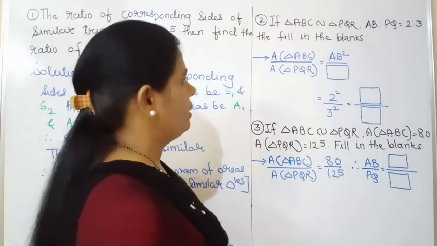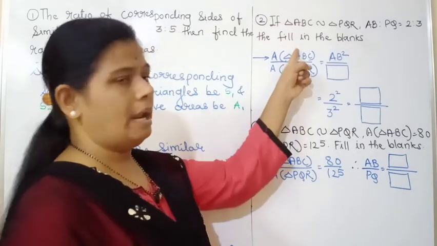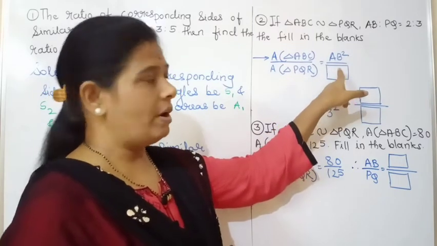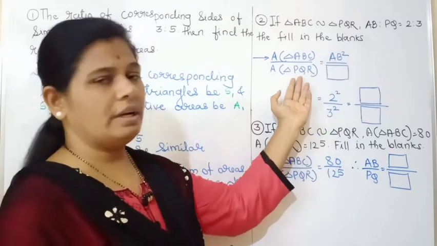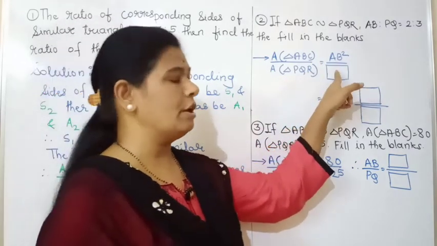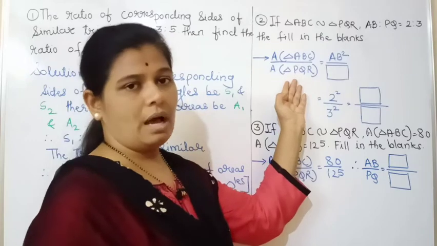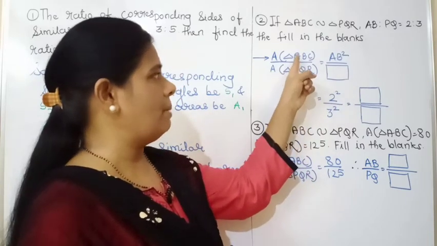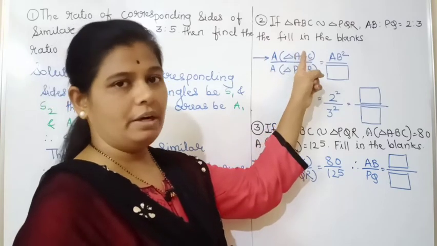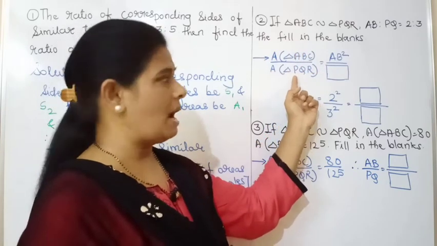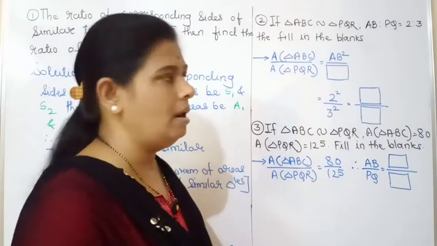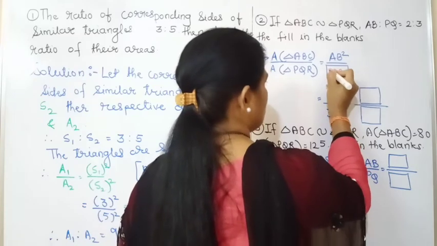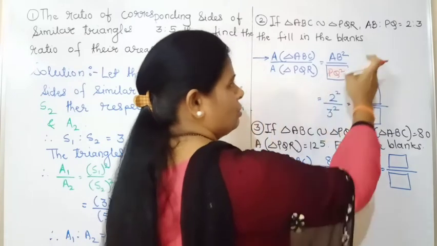Now what is given here? Area of triangle ABC upon area of triangle PQR is equal to AB square upon a blank. When you fill this box, you have to see the names of the triangles. जेव्हा आपण बॉक्स मध्ये ही साइड फिल करू तेव्हा आपण ह्या रेशो कडे जायचंय जो एरियाजचा रेशो दिलाय तिकडे. Here we can see that AB means the first and second alphabet, A and B, so for PQR also the first and second alphabet will come, that is PQ. Okay, so we'll write here PQ square. Now the values are given to us.